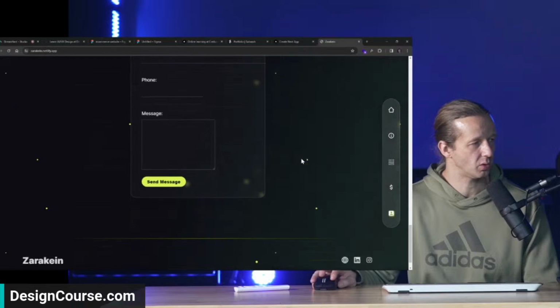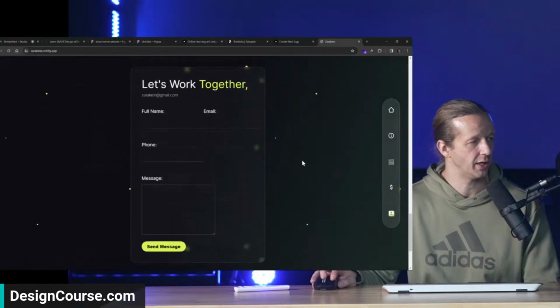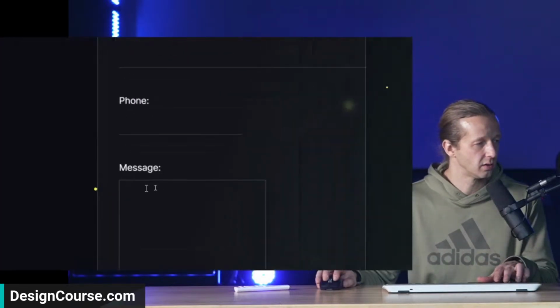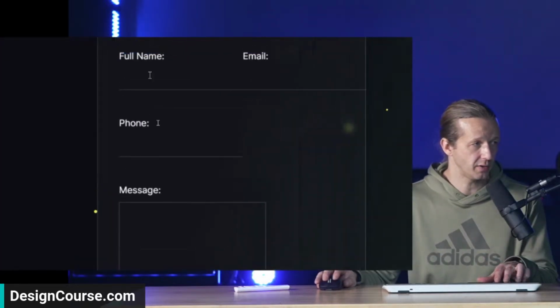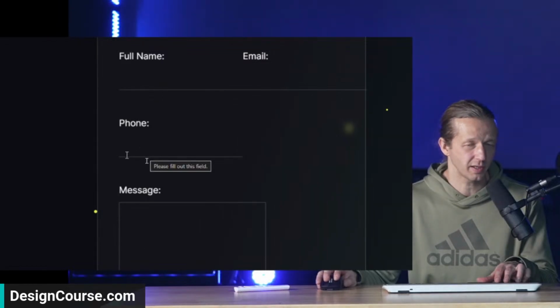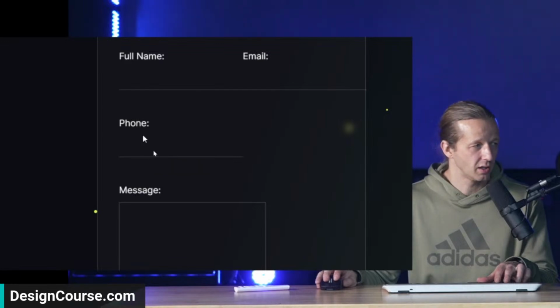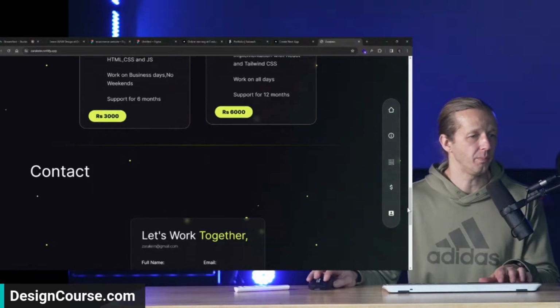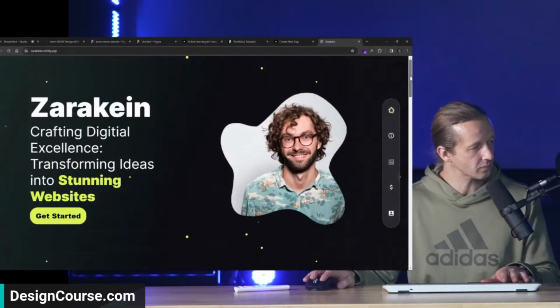But I will do one thing. Also, another thing that can be confusing, for instance, your message box has an outline all the way around, but your text fields don't. And there's been usability studies about this. Some people get confused and think they're line separators, and they don't even know where to click. So best bet is to either give it a background color and/or a stroke as well that goes all the way around. But up here at the top, I would like to see you see your name.